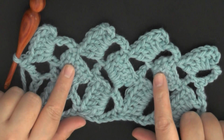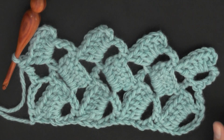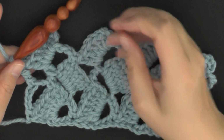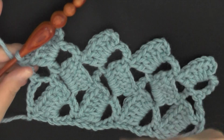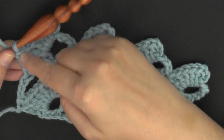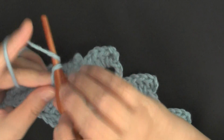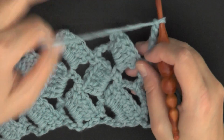And these 2 rows that I just showed you will be the repeating pattern that you'll do every row. So you just keep repeating 2 and 3 until you've gotten the desired size. But I want to go over another row or 2 with you guys so that you can get more of the handle of it. So now you want to do your chain 6 again. 1, 2, 3, 4, 5, 6, and then turn,